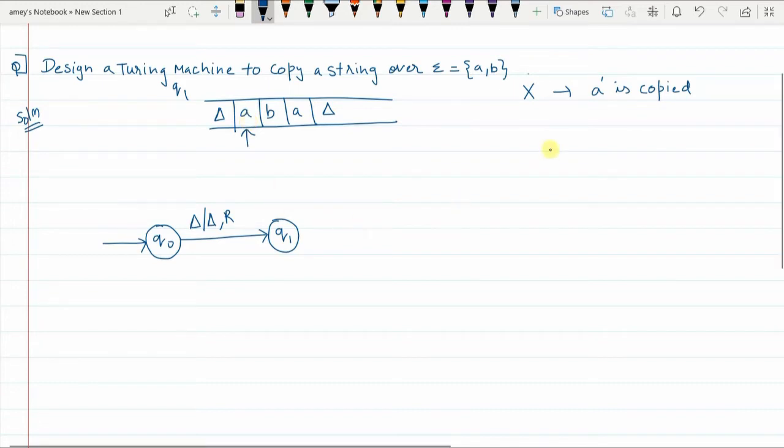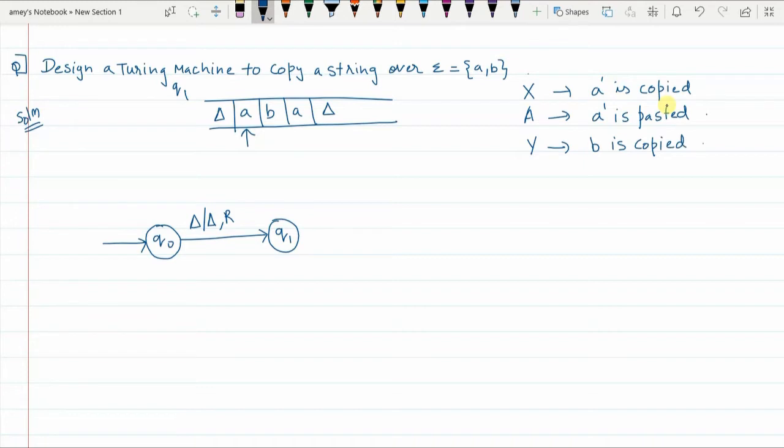So I will use X to denote that a is copied, and a to denote that the same a is pasted. Then I will use Y to denote that b is copied, and let capital B denote that the same small b is pasted. So we are going to use these notations.